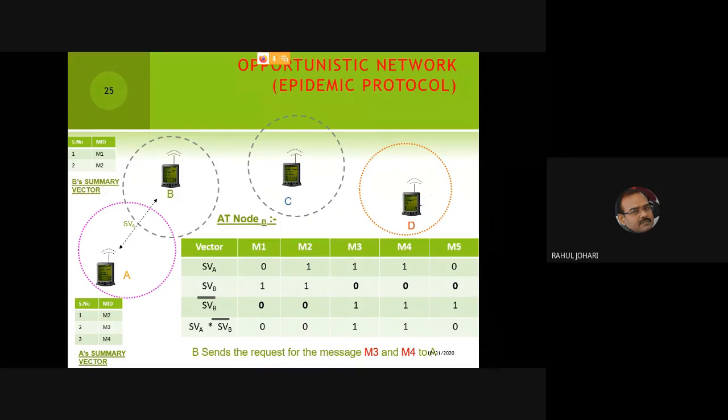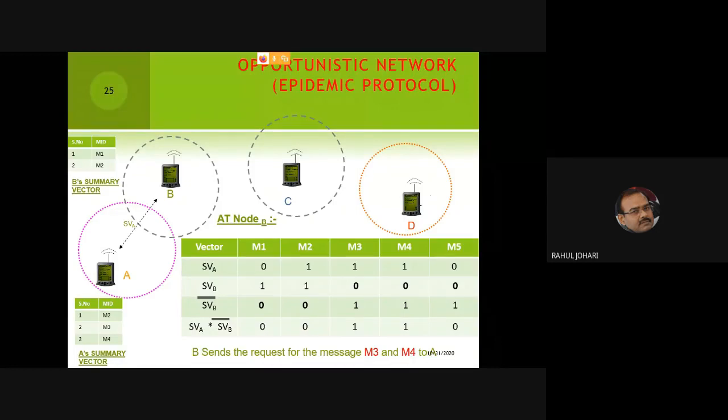So let's say node A has 50 messages, and node B also has 50 messages. They dump each other's messages to each other. We do not want that kind of situation to arise. So we should come to the point where the node carries out the computation so that only the messages unknown to its next hop node are shared. Let's take an example of it.